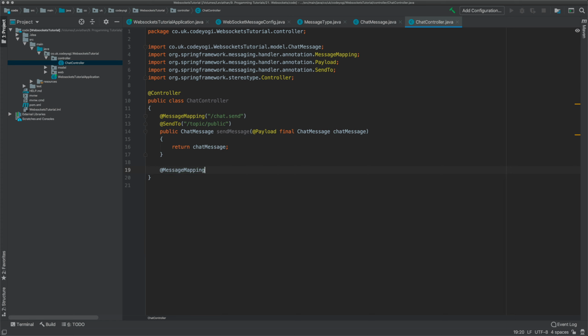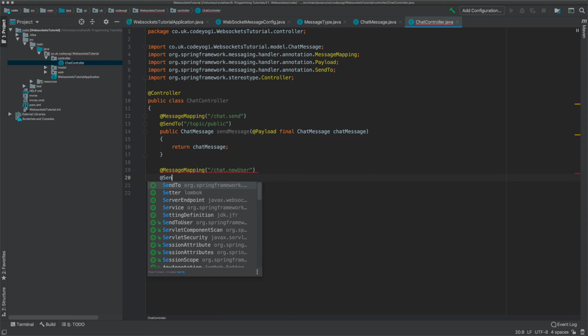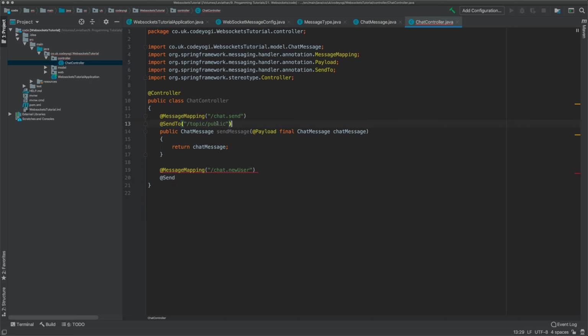Well, we need a message mapping for that again. And in this case, we're going to say /chat.newUser. And we're going to send this one to, again, topic.public. So let's just copy and paste that one. Also going to return a chat message for this one. This time we are going to say new user. And the payload again is going to be a chat message